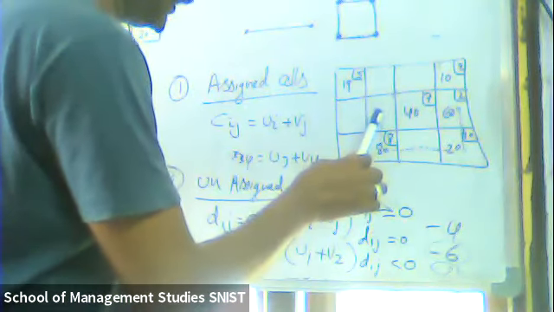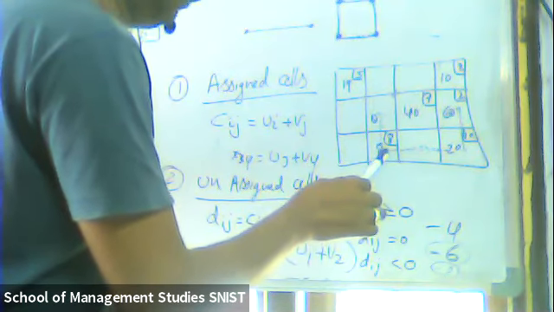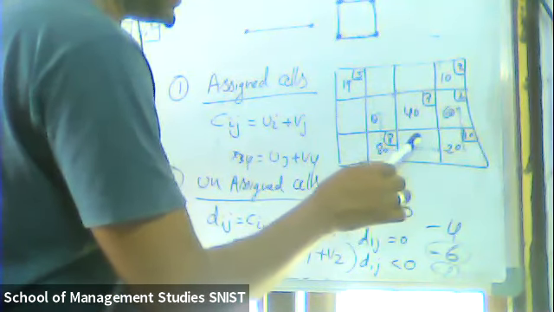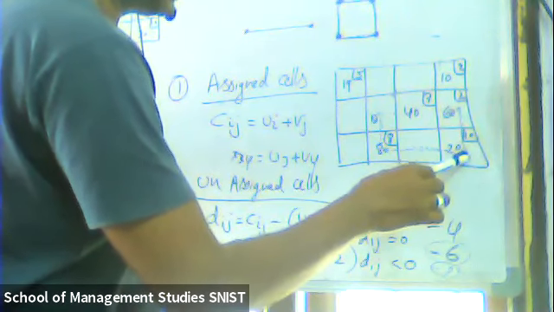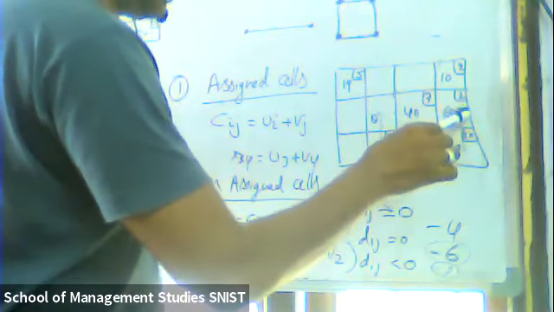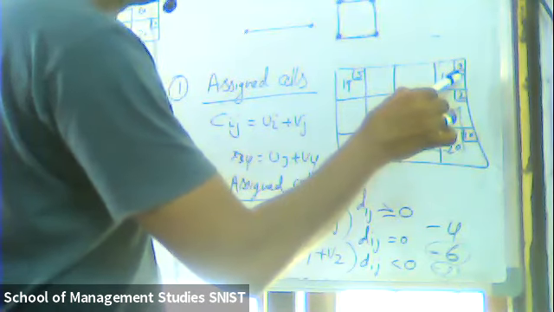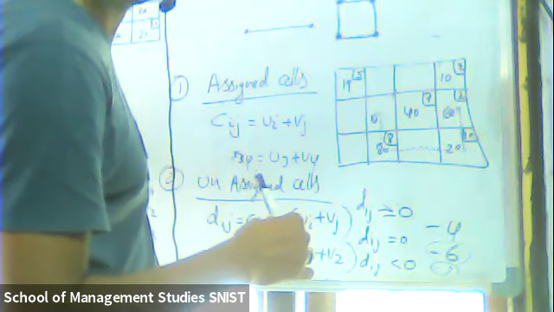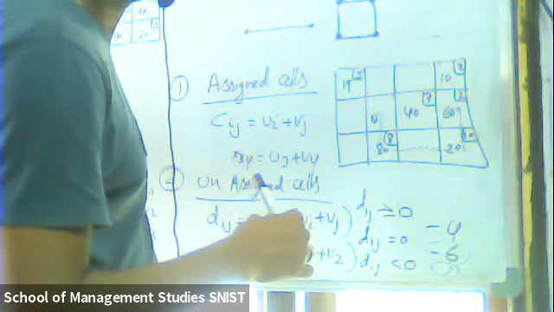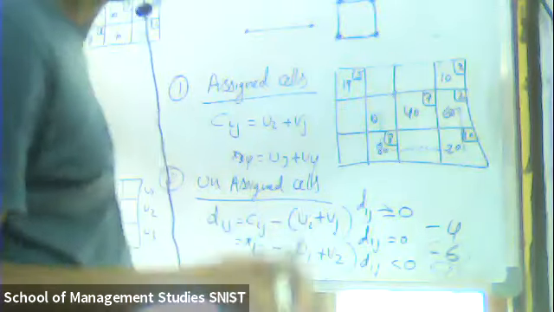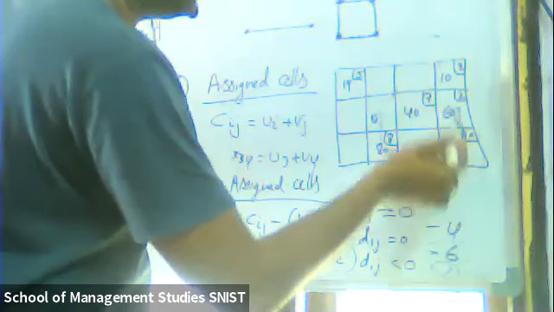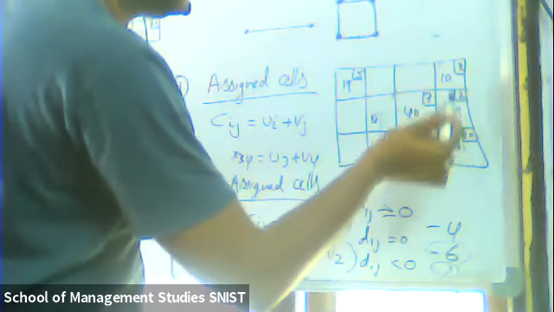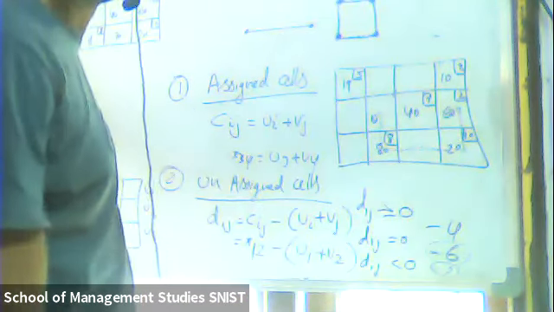If you start from here and you end here, and you did not stop here because there is no assigned cell, then you have to stop here because this is an assigned cell. And from here, rather than stopping here, you can directly go here. Yes or no? Nikita, from 22, you can stop here, right? Rather than stopping at 60, you can stop here. Yes or no? Yes, sir.